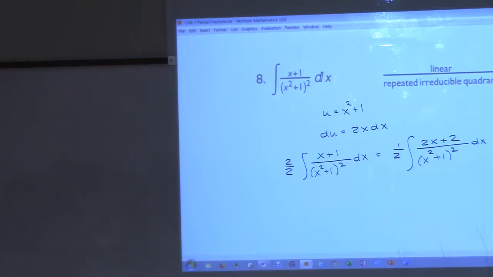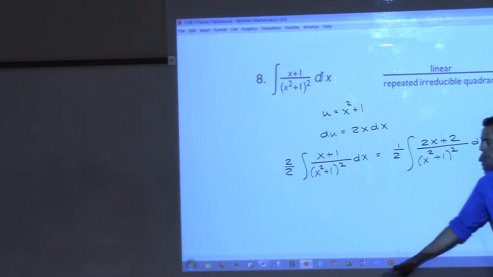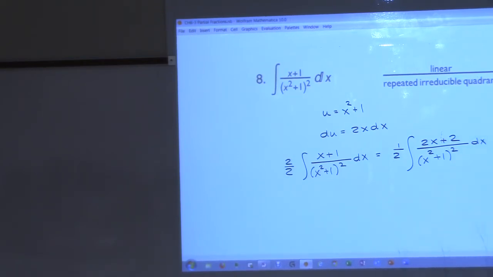Now you want it to just be 2x, right? But you actually have it, right? Right now you could split this, couldn't you? It'll become 2 integrals. The first integral will be 1/2 integral 2x over (x squared plus 1) squared dx. Why do we like this one? This is just basic u substitution. U is this, the derivative is right up top, so this is just going to turn into 1 over u squared with a basic u sub. Now, the other integral is